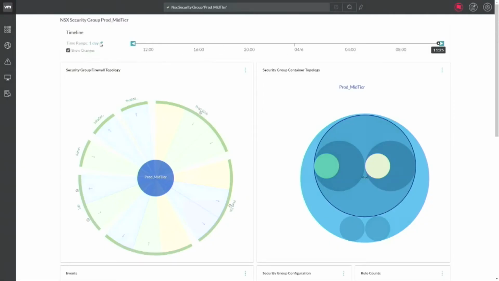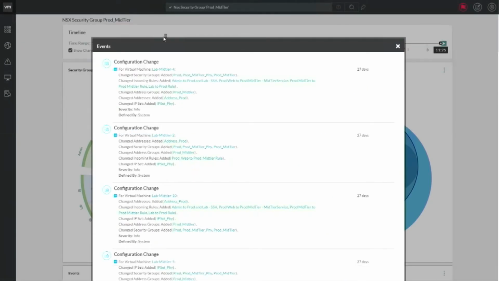Now, for the security and compliance and even just general change management from a day-to-day operations standpoint, we can also go back and look at what changes have occurred in the environment. Somebody's done something, it's caused an outage. I want to understand what that was that caused that outage. If I want to take it a bit further and understand who